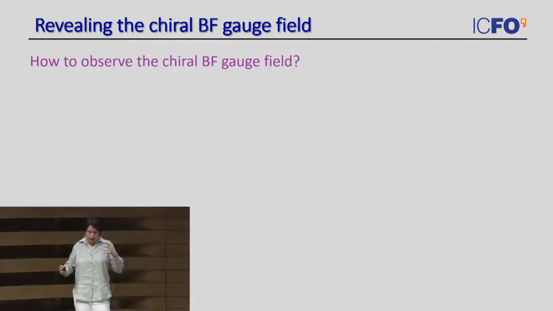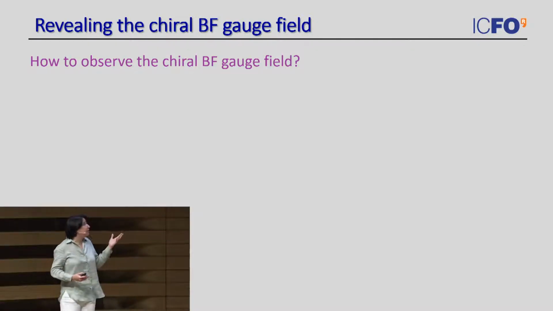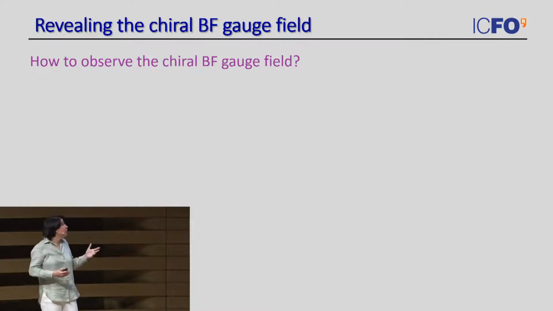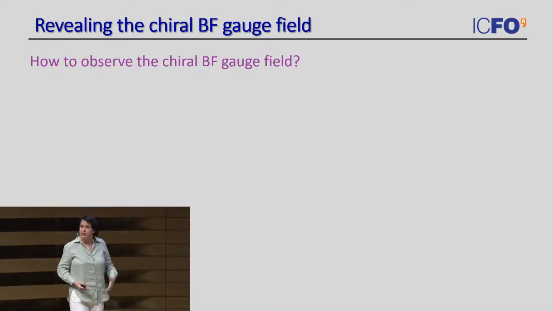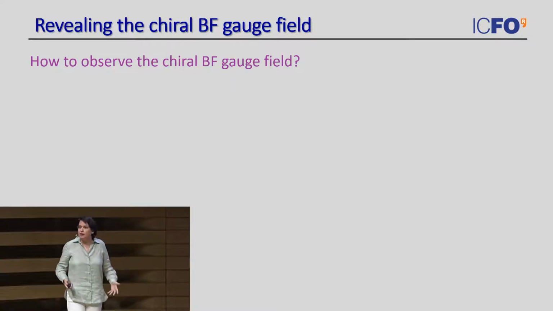And now, to conclude my talk, I also want to address another point, because I started my talk telling you, well, we are going to make quantum gauge fields for quantum particles, so maybe you're a bit disappointed that I never showed you here what the chiral BF gauge field is. And actually, we did this trick of removing the gauge field and putting everything into the interactions between the particles, so you could think that now we are lost, we cannot get information about this gauge field.